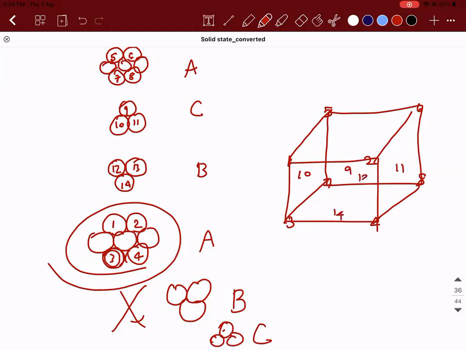This 12 is at the front, and this 13 is at the top. Now it looks like a what? Face-centered cubic cell. Clear? So see, top, bottom, left, right, back, front. So this closed cubic packing is also called the face-centered cubic unit cell. Clear? See, this thing actually will have a bond with another one. So that's why we have taken this. With the 1 unit cell, I have taken only the 1 unit cell. Clear? I know that lots and lots of confusions will arise.